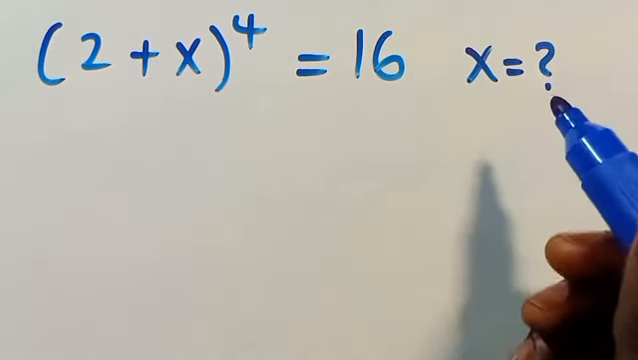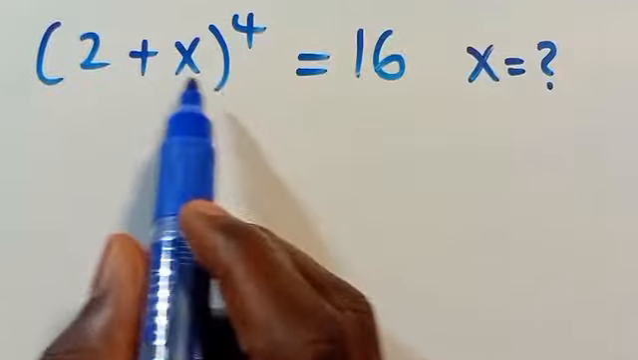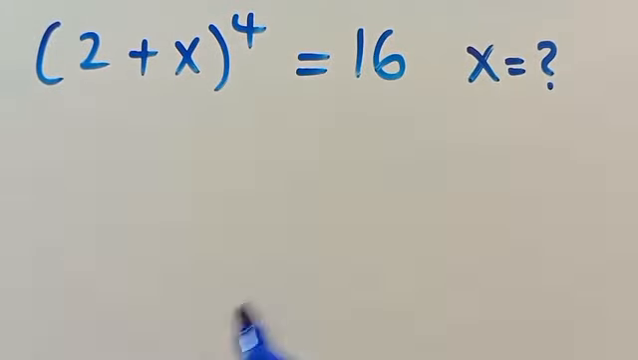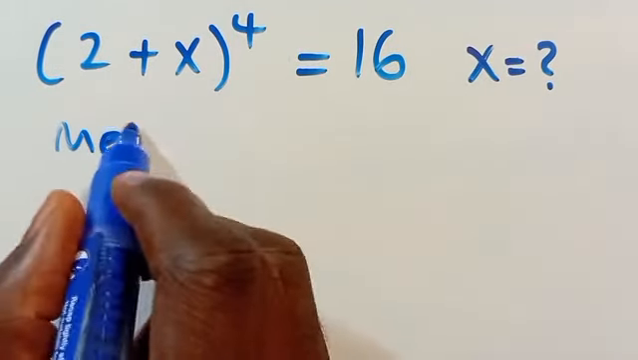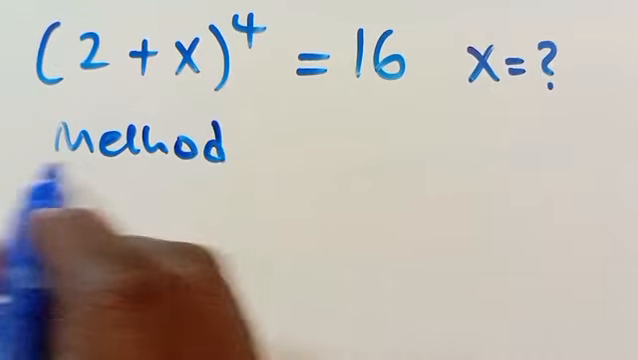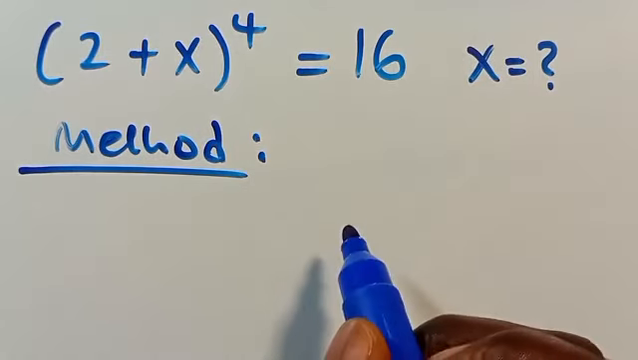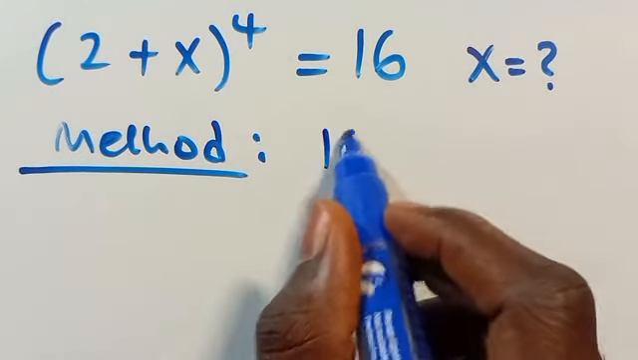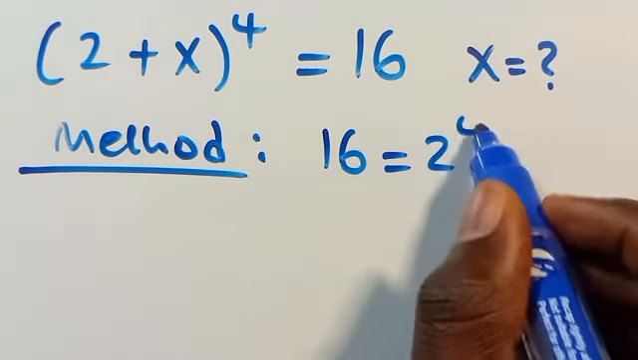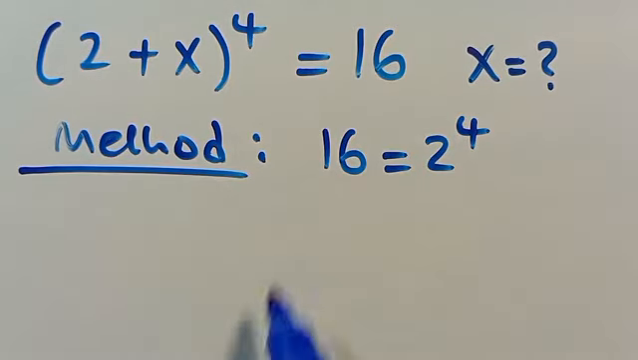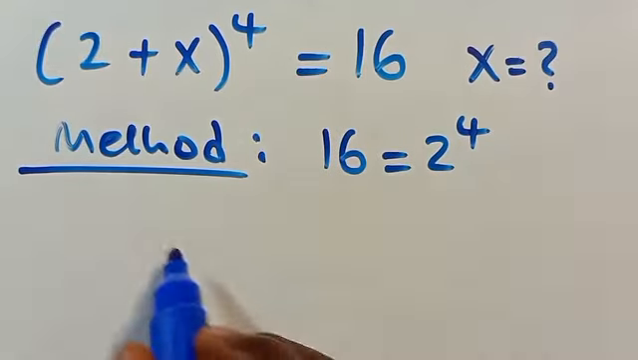is the value of x given that you have (2 + x)^4 = 16. Then let's say we want to apply the first method. Let's say method 1. We must note that we can have 16 to be equal to 2 to the power of 4. So from here, if 16 equals 2 to the power of 4, when we put it here, we are going to have